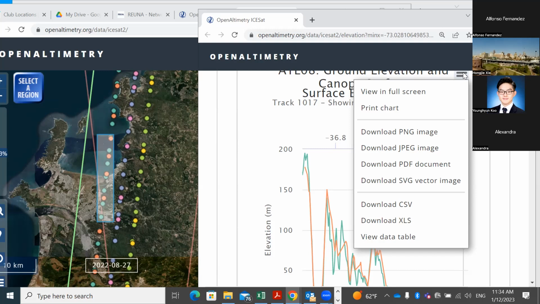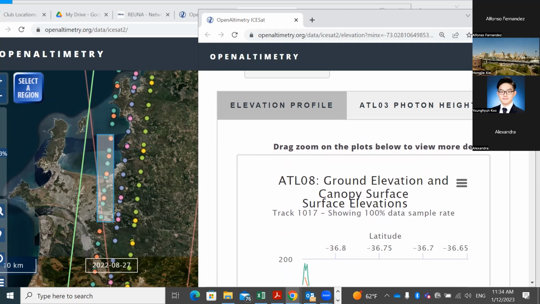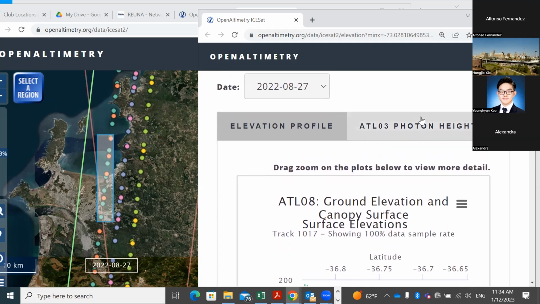And what I want to show you here that is more important is the original O3 data. This is the elevation profile, which is already a product, like a 100 meter segment or 40 meter segment,